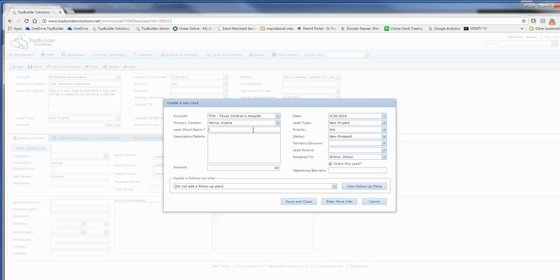So what we're gonna do is we're gonna say new emergency care facility. Let's call it new outpatient emergency care facility. We'll say this is 75,000 square feet in Katy, Texas. It's a $1 million job, and